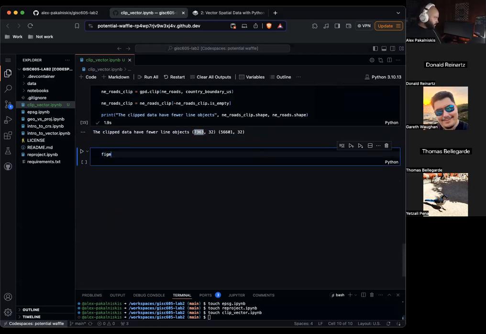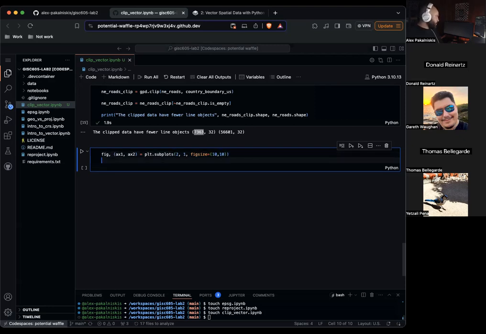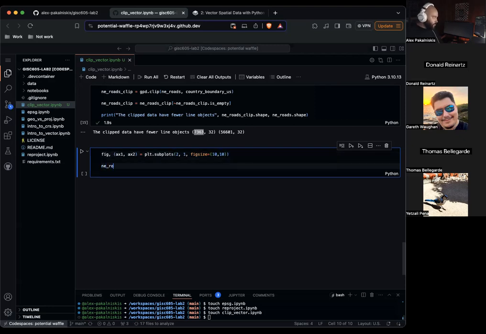Fig, ax1, ax2 equals plt.subplots 2, 1, figsize equals 10 by 10. Any roads dot plot ax equals ax1.